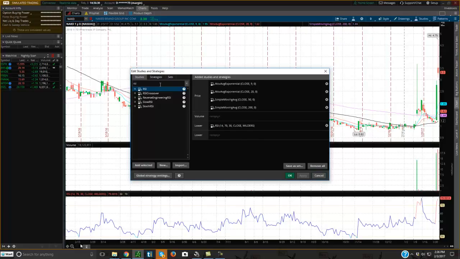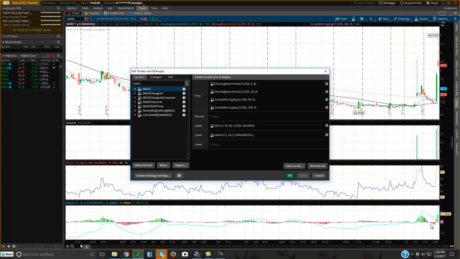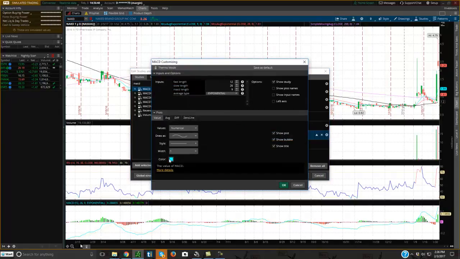Now let's go to MACD. MACD is a favorite. Now there's MACD with histogram. I'm going to just add MACD for now. And there you go. So now again, I can't really see it. It's light blue with the yellow. It's kind of ugly. So I can go in here and maybe